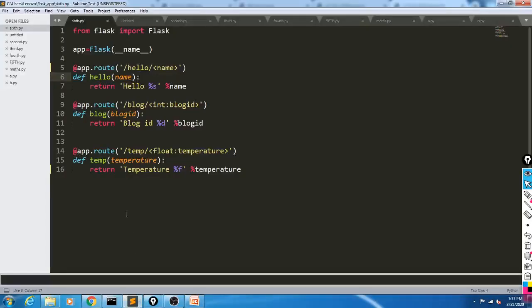So with the help of this, we have seen how we can pass a string value, an integer value, and a float parameter to the URL. So why do we have to use this type of variables in our URL?